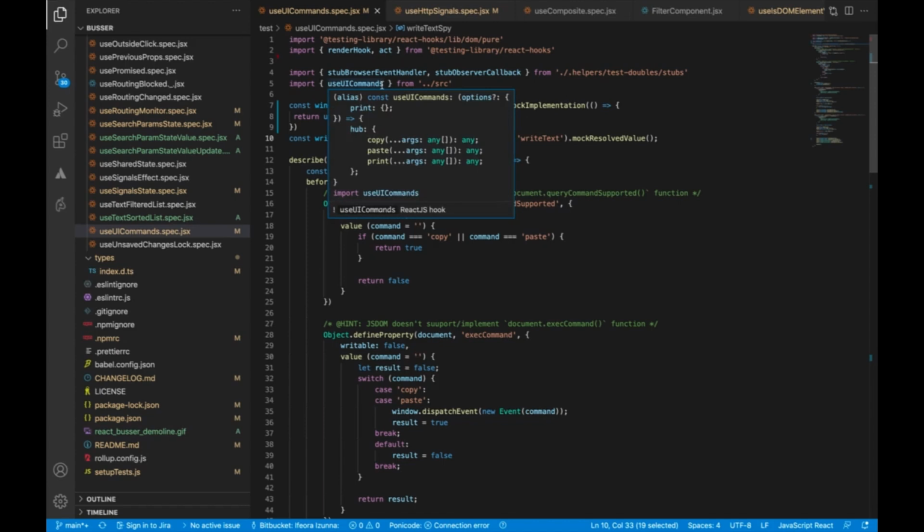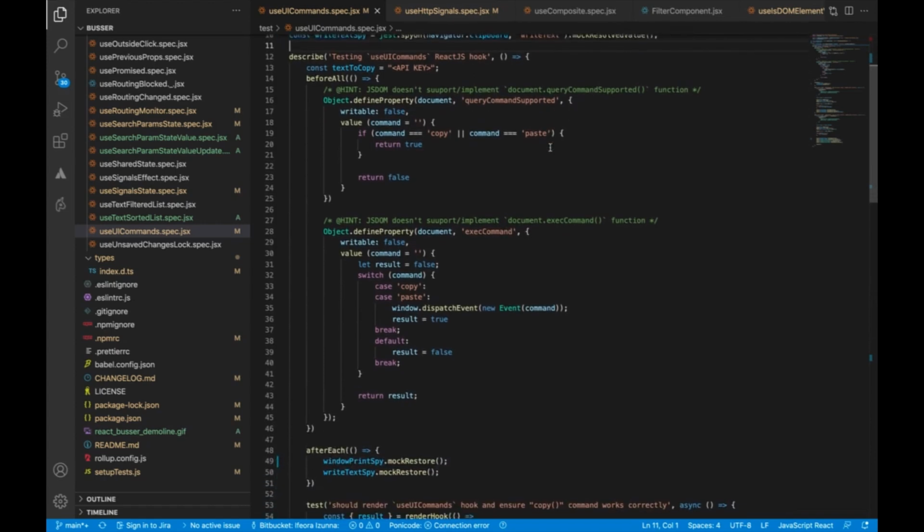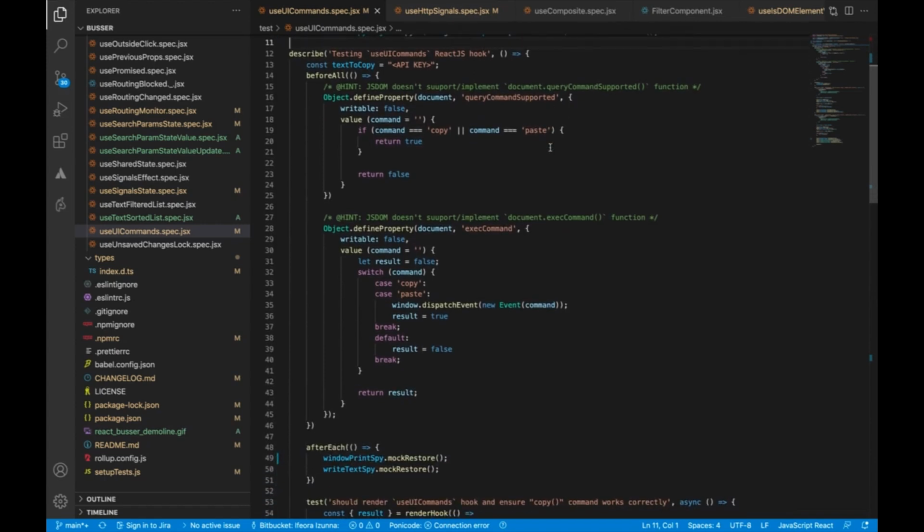So this handles different discrepancies across browsers, and also just handling copy, paste, and print. And for the print, you can print a part of the page, right? Maybe an unordered list, or let's say you can print just a table, right? And of course, window.print allows you to print the entire